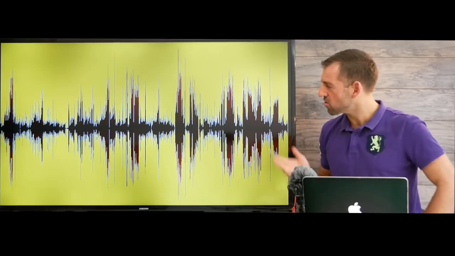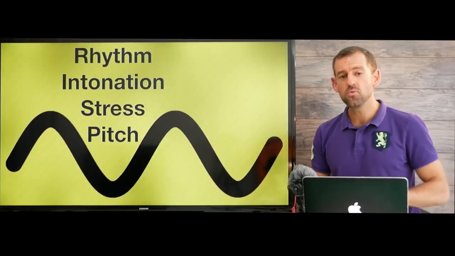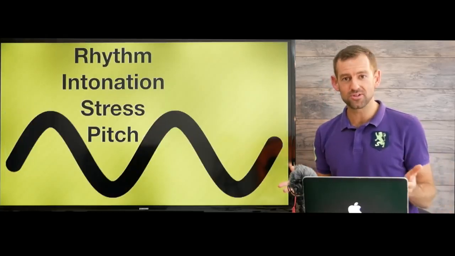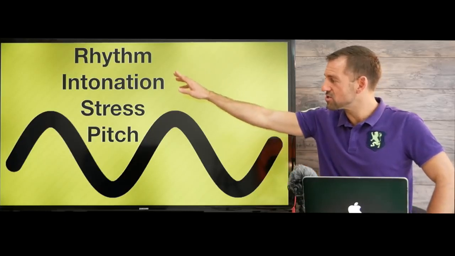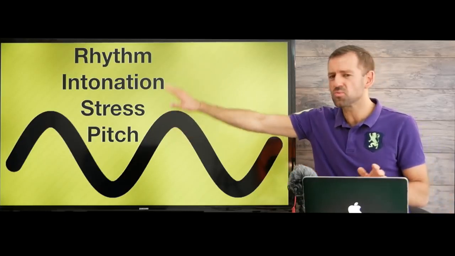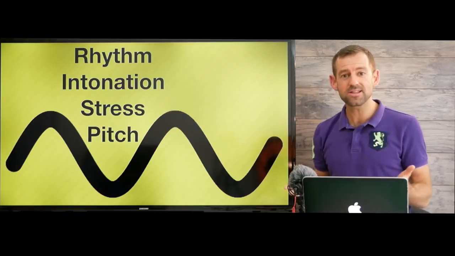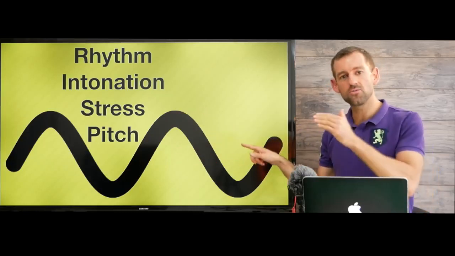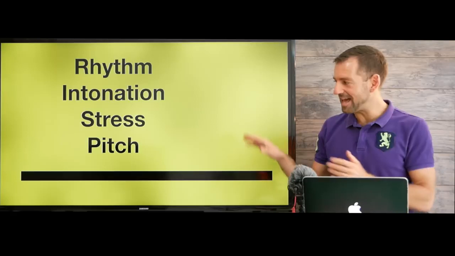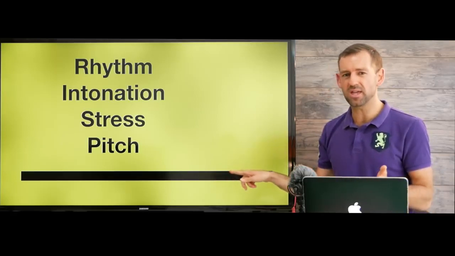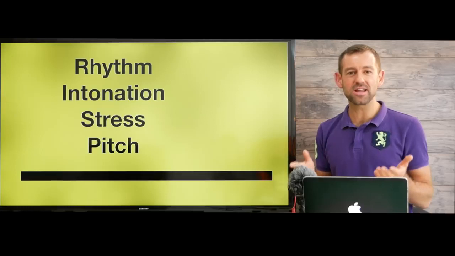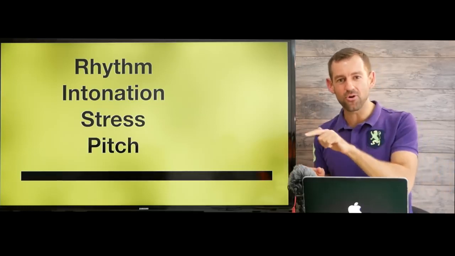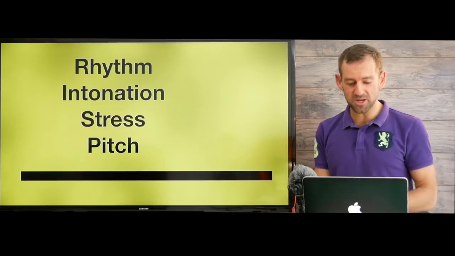Do you know what this is? It's someone speaking. Look at that. It's incredible. If you want your English to sound more natural, you need to learn rhythm, intonation, stress, and pitch. Now, these words aren't very important. The important thing is that you understand that language has a certain flow to it. Okay? If you don't get that flow, if you sound like this when you speak English, you're not going to sound very natural. You need to get that flow to sound natural, like a native English speaker, okay?